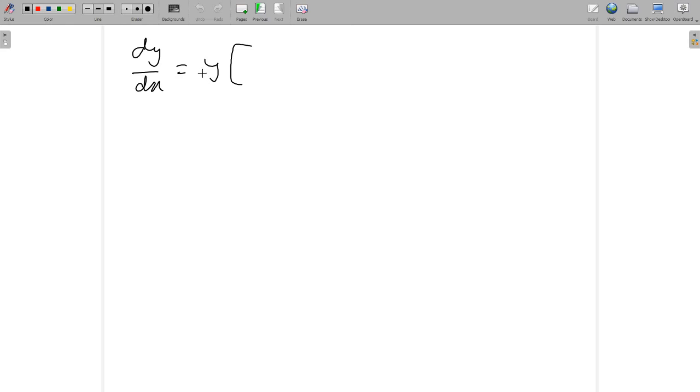So we'll be getting dy by dx equal to y, and here we were having minus sin x over cos x, so that is minus tan x. Then minus, here we were having minus 2 into sin 2x over cos 2x, so minus 2 tan 2x, and this third term will be minus 3 tan 3x, because here we are having minus 3 into sin 3x over cos 3x. Now what we can do is, here we can take out minus sign common, so this will become